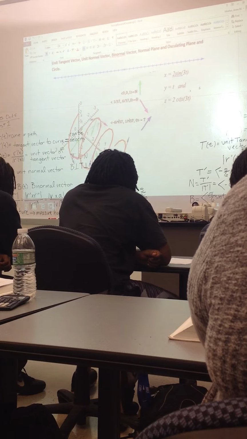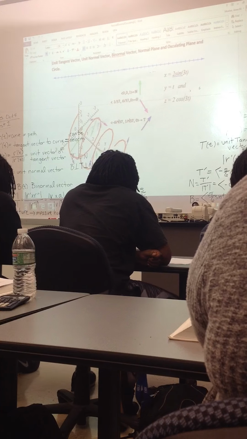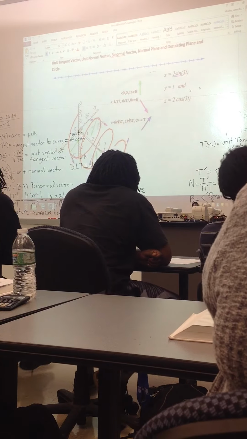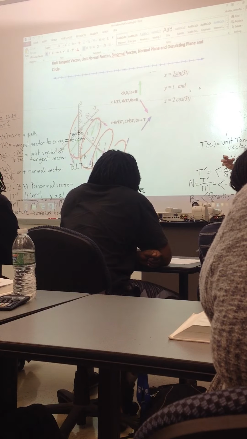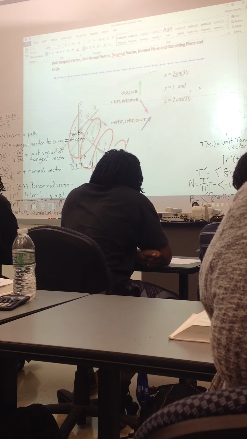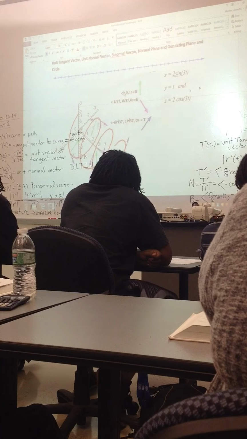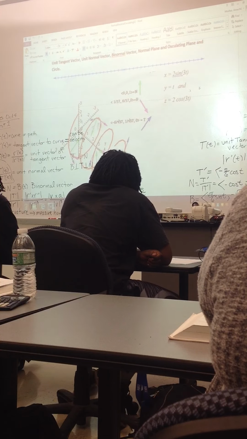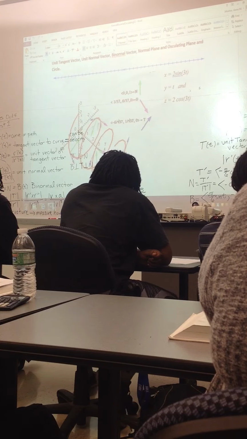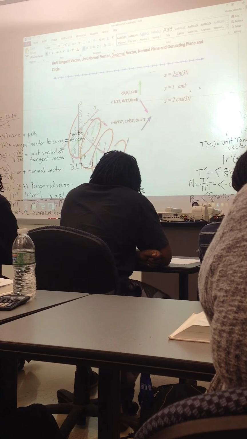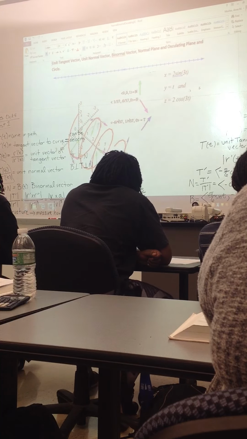But X and Z are creating a circle. Y is just linear. So picture a slinky just being stretched out in the Y direction. That's what this curve is. And so I calculated T, N, and B for certain points. So here's 1.0 pi, -2, a point on the curve, and I used some other software that drew